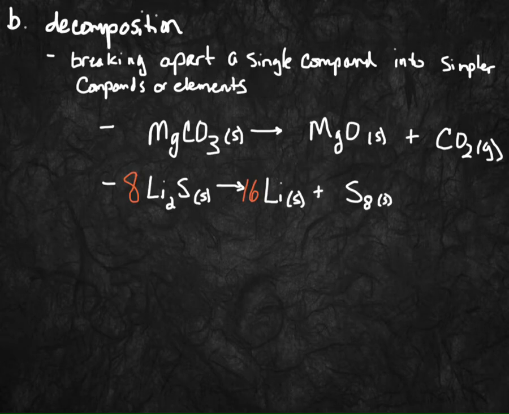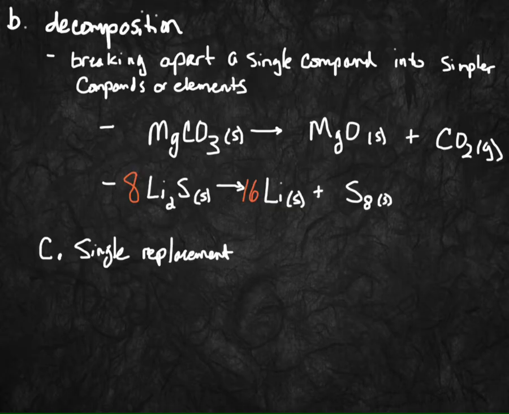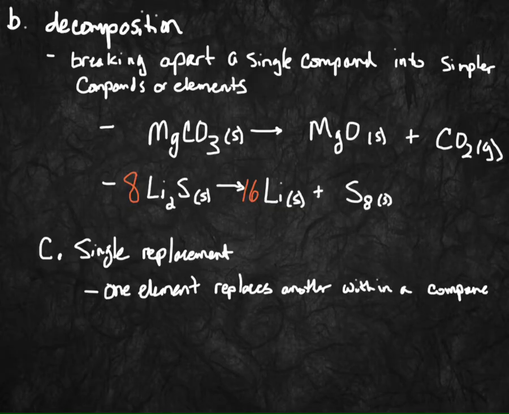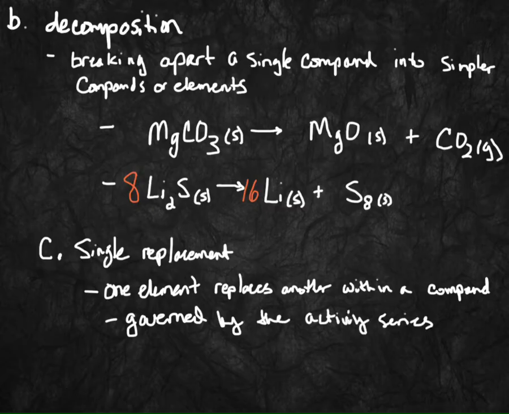Okay, the next one is called a single replacement reaction. Single replacement is characterized by one element replacing another element within a compound. And this is governed by something called the activity series, and I will show you guys what the activity series is in your book. And if something is higher up on the activity series, that means it is more reactive than something that is below it on the activity series, and therefore the more active element will